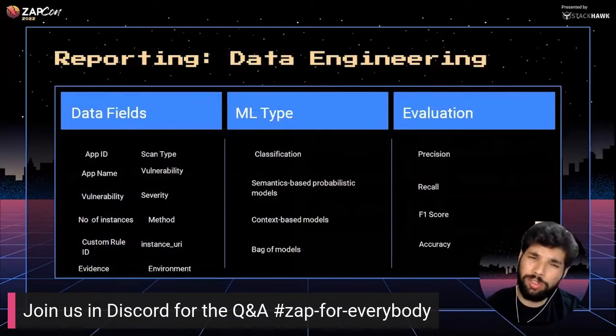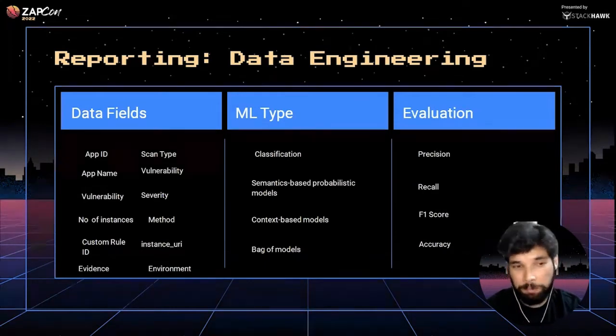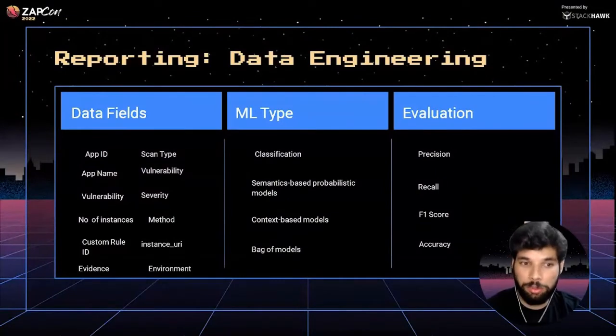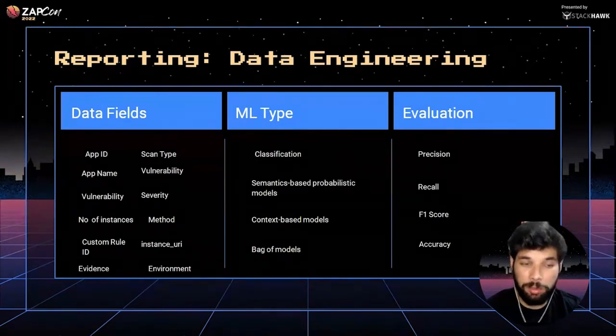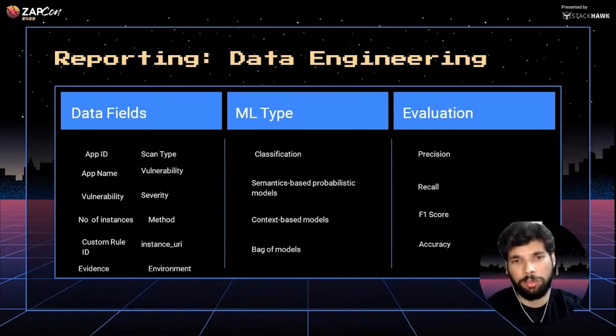Right. So just to give a very brief glimpse into some of the fields that we focused on because of context. Obviously, some of the fields that you can see in the data fields part are very common to you guys. You guys would have seen this on a daily basis, right? So app name, vulnerability, and all of that, severity, instance URI. But some of the other things that we felt for context, right? Let's say a business unit, or what's an app name, or if it's a custom rule ID that we have written. We have a truckload of custom rule IDs, right?